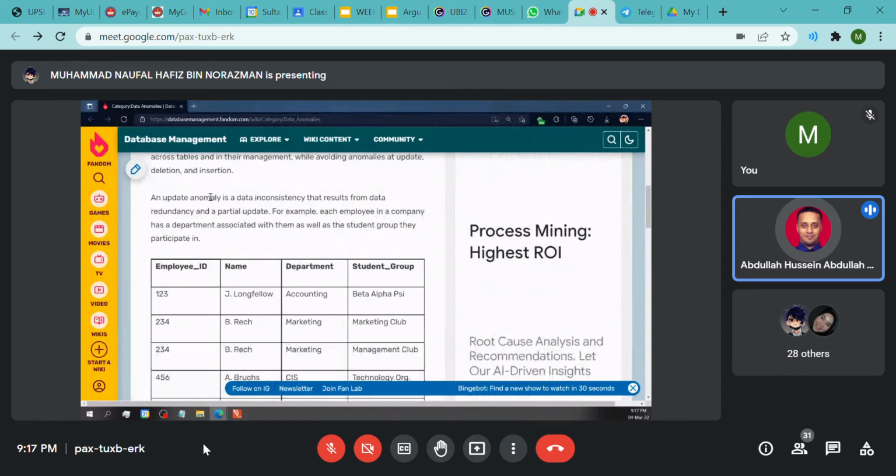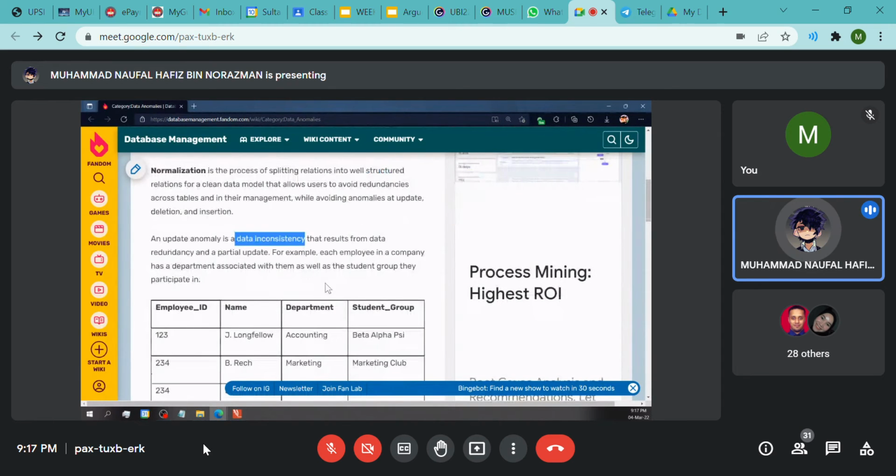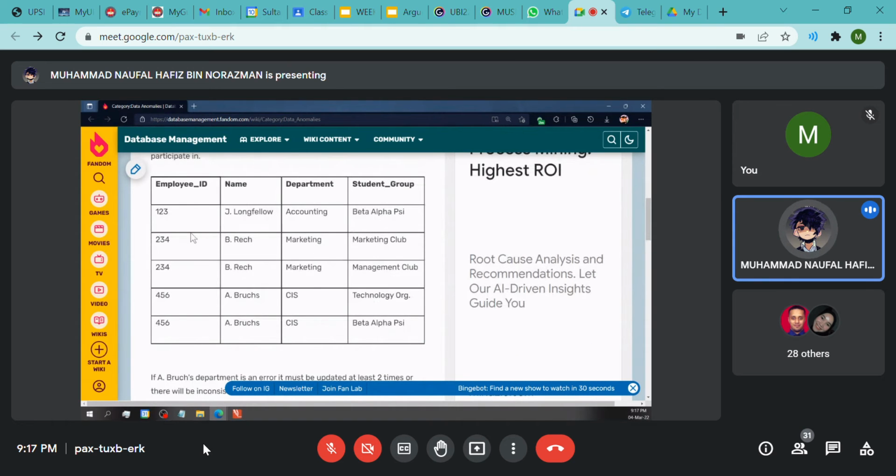So an update anomaly is a data inconsistency that results from data redundancies and partial update. For example, each employee in a company has a department associated with them, as well as a student group they participate in. So we can see here